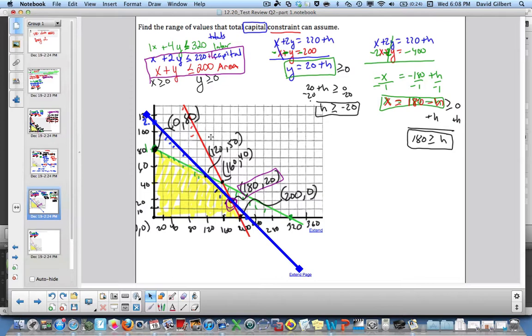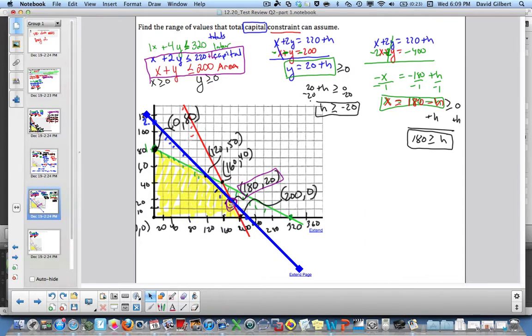So if there were only two lines, if we only had the x-axis, the y-axis, and then the red and the blue, and that was our entire system, we'd be done. h would have to be between negative 20 and 180. Since there's this third line, there's another constraint on h that we have to consider, because if we change h